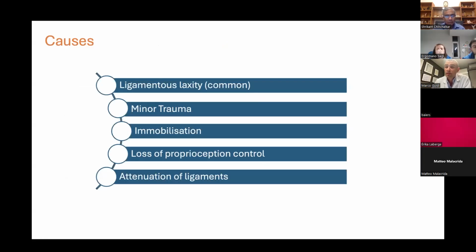But what are the causes? Is there any injury in the ligament? No. Ligamentous laxity is the most common. Normally it's girls with hyperlaxity,